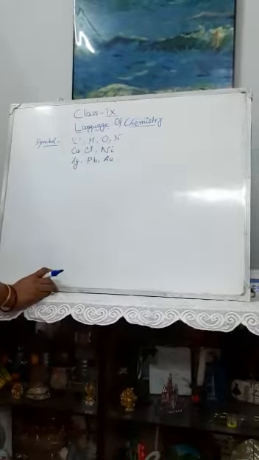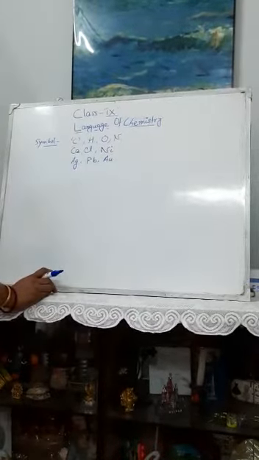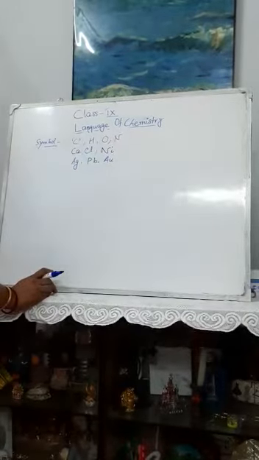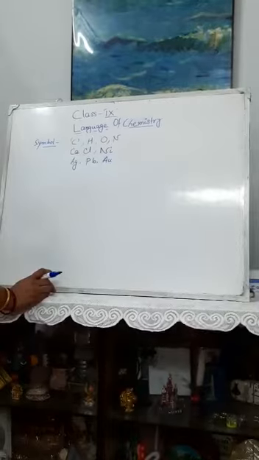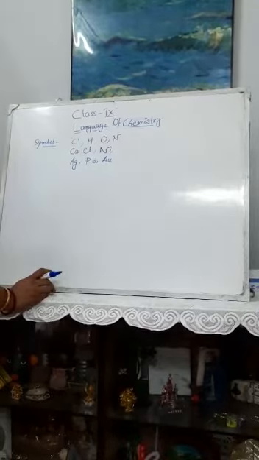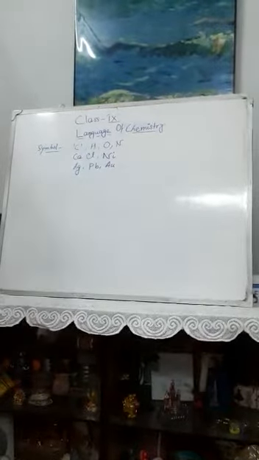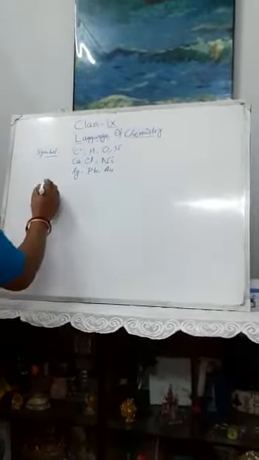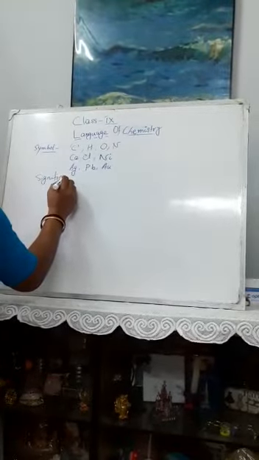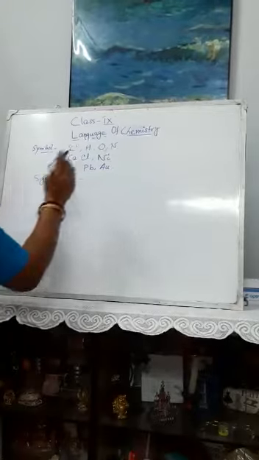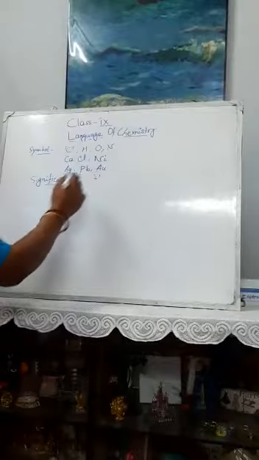And students, you have to remember the symbols of the element. Otherwise, you cannot write the chemical equations, chemical formula, chemical reactions, etc. So first thing in chemistry, you must learn symbol. Now we come to know about the significance of symbol. Significance means if we write C, what knowledge we can get.